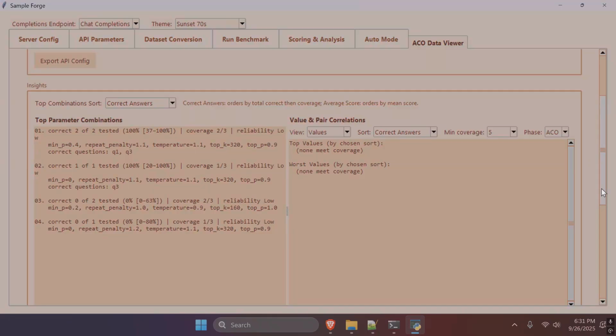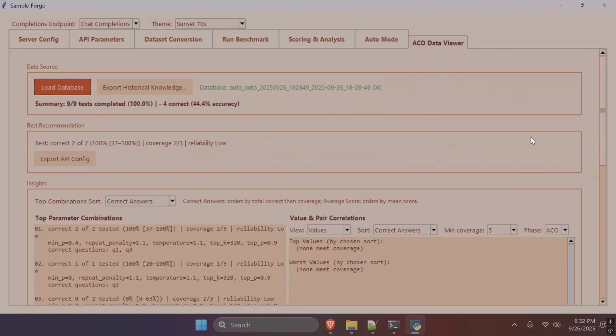Obviously, research purposes and finding correlations between sampling parameters, system prompt, finding out which models behave better under certain quantizations. Hey, if you have Gemma at FP8, how much less performant is that versus, let's say, FP16? Same goes for FP4, how much IQ has it lost once you're running it at FP4. So yeah,